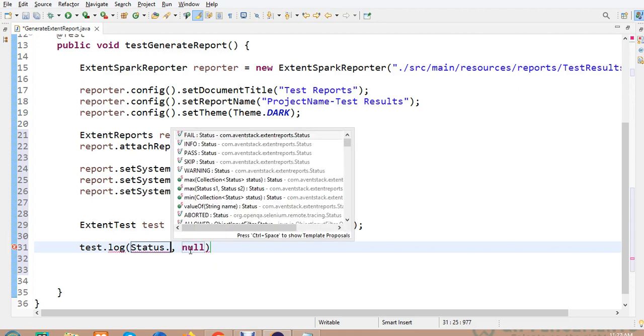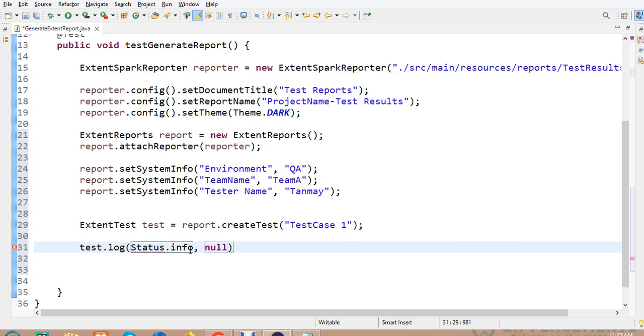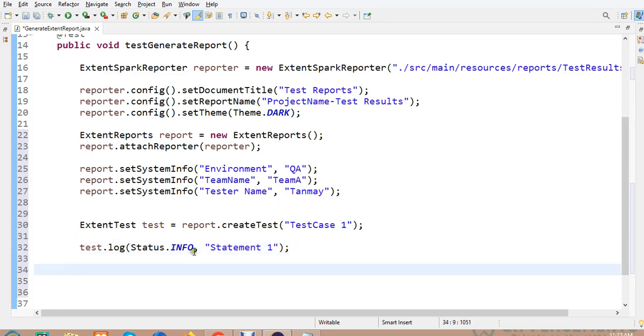Status dot I'm writing pass over here, or I will write down info, and you can provide your message over here. Let's say checking test case, or I can say that statement 1. गाइस, ये वीडियो में मैं आप सिर्फ इतना ही मेंशन कर रहा हूँ, बट वीडियो 2 में you will see that I will write down the actual logic and I'll show you how to generate report. Okay, then